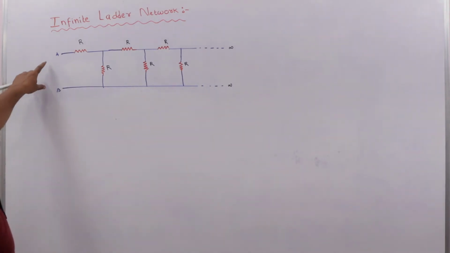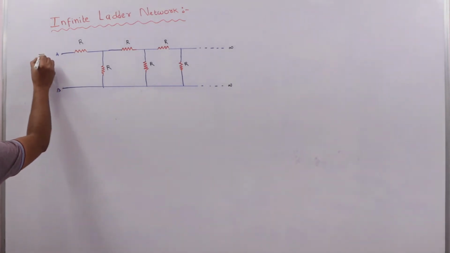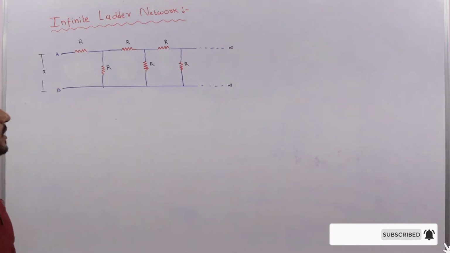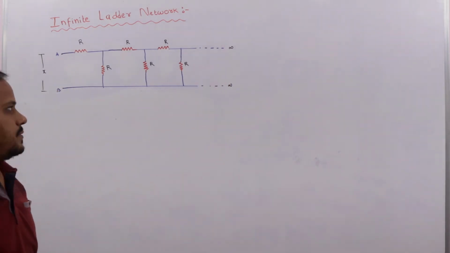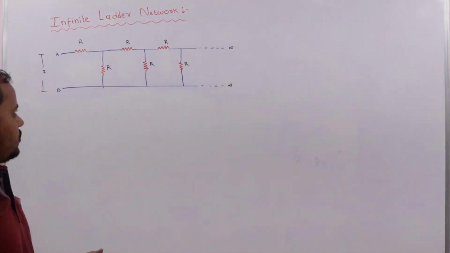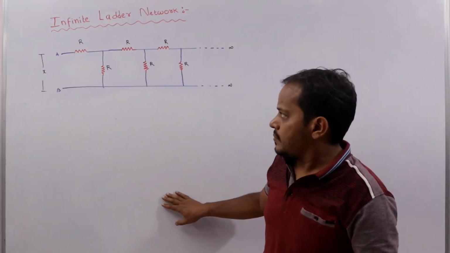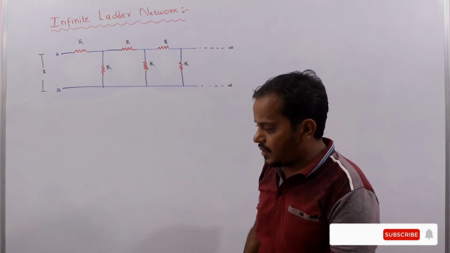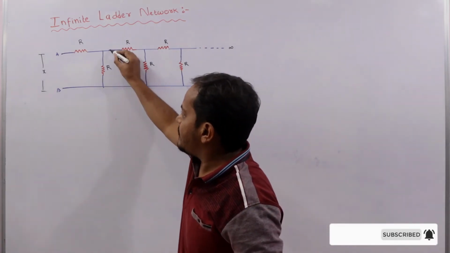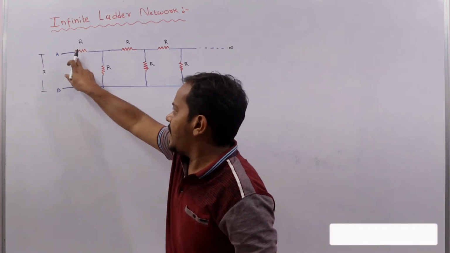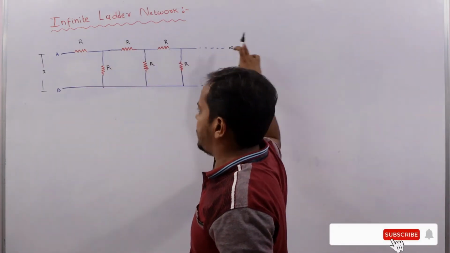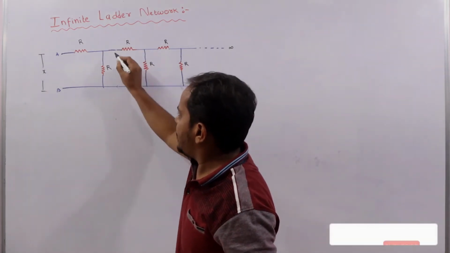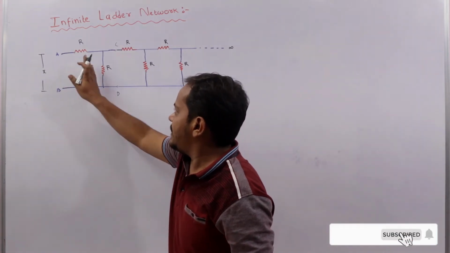Consider the equivalent resistance between A and B as some X. What is X here? X is the equivalent resistance of the complete infinite circuit. This circuit is an infinitely long circuit. It consists of many cells, infinite cells. If we remove only one cell, meaning the points C and D up to A and B represent one cell,